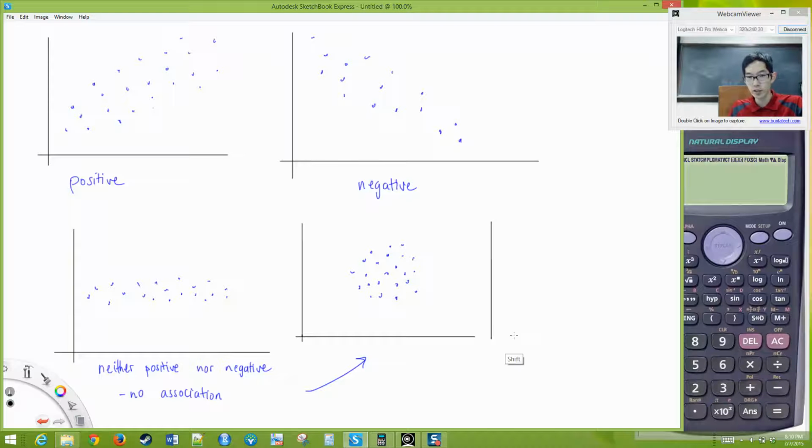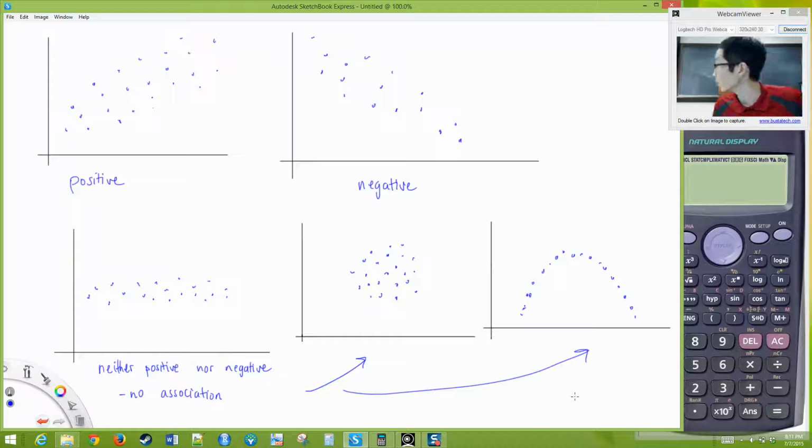And then you also might see data going like this. Okay. And I would say that also applies. It's neither positive nor negative. Okay. Well, I wouldn't say no association here. Okay, so this would be a